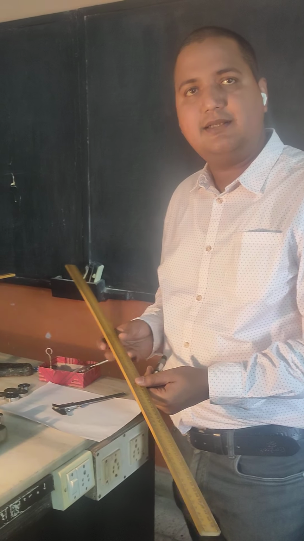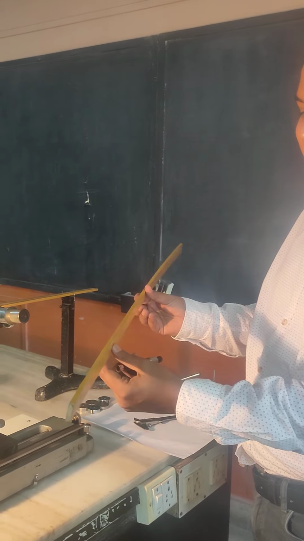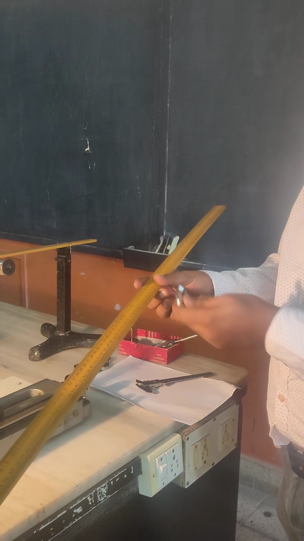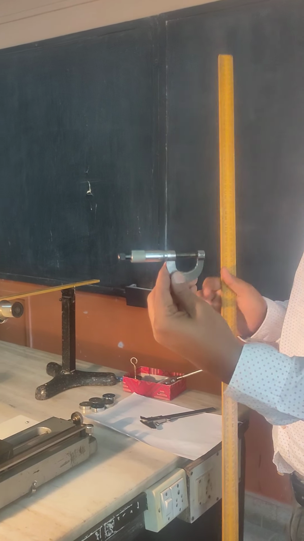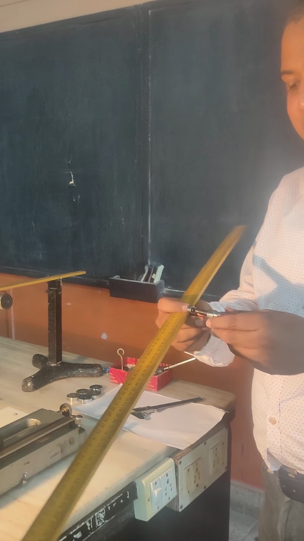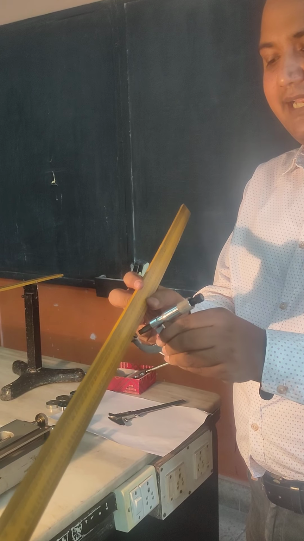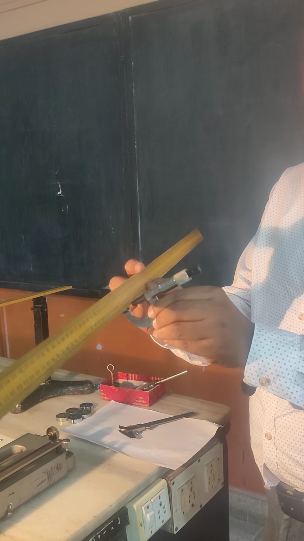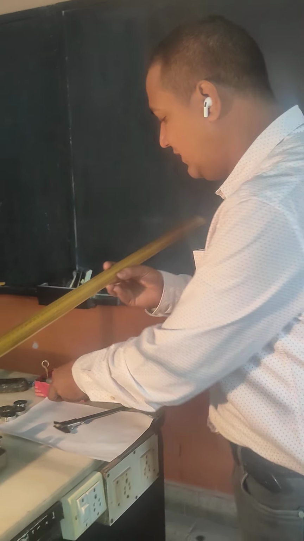This is the same scale which I have used. Here you can see, the scale is our beam. First we have to find the thickness. This is my micrometer screw gauge, and I will use it to find the thickness. I will put the scale inside it and take around 10 readings at 10 different places, and find the thickness of the beam using the micrometer screw gauge. So we have done this for the thickness.